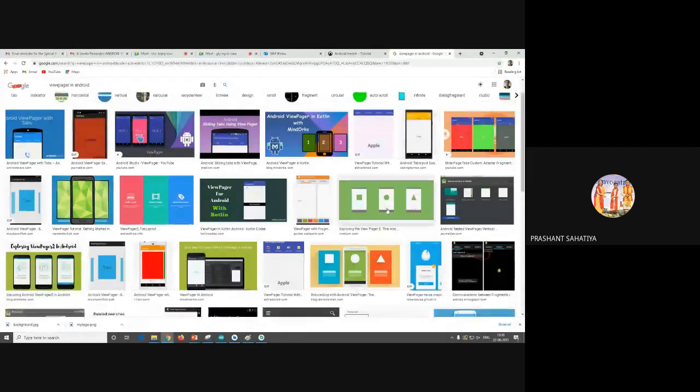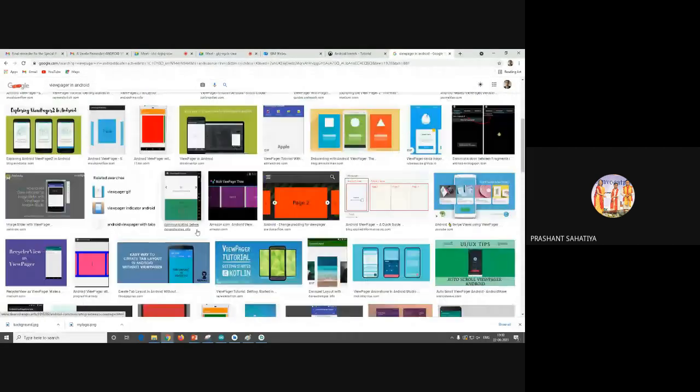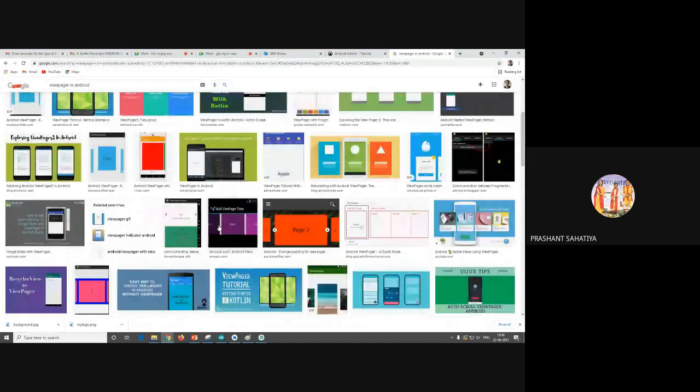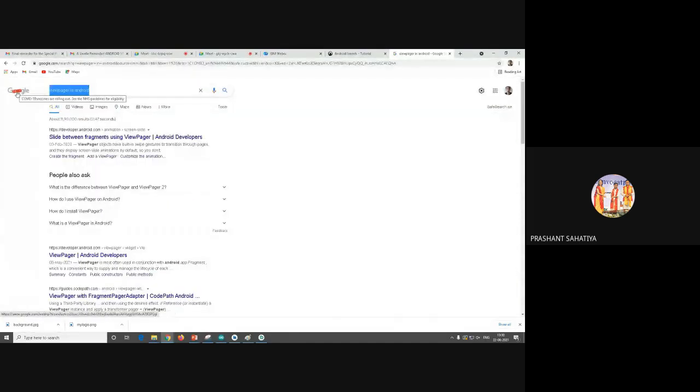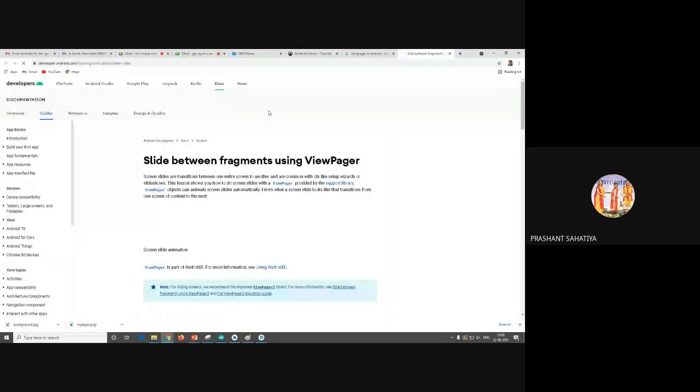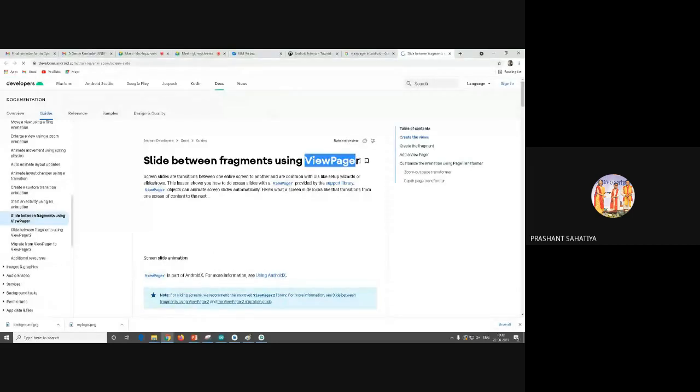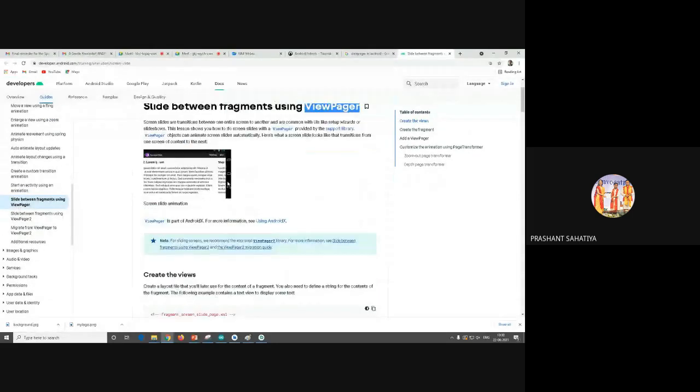See. You can create this using material design libraries and using this component, view pager. It is shifting like this. See, you can actually move like this from registration to login, from login to registration.